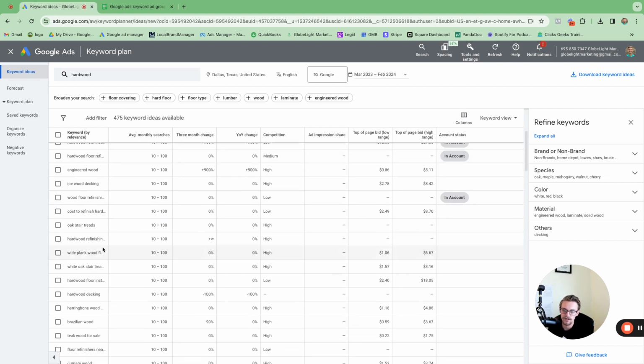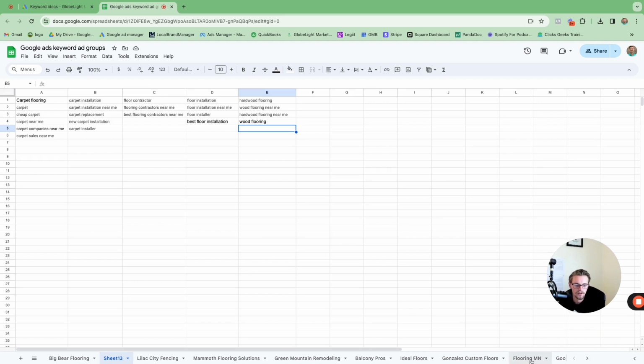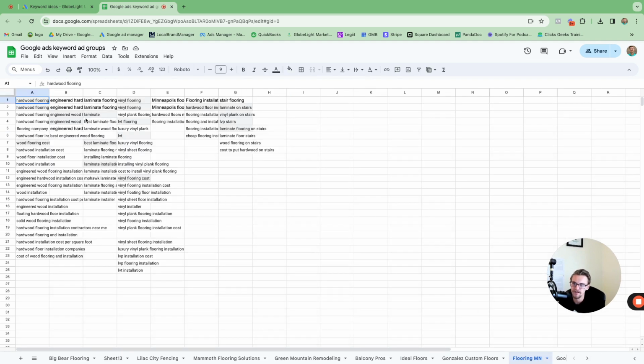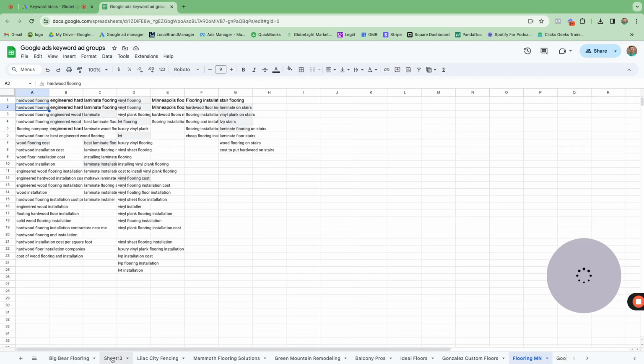And I will probably just give you a glimpse of a couple different fully built out ad groups. As you can see, these are different clients of ours. We've already done this for them. I can go pretty in depth with the variations, which is good. You need to have a lot of different things to test out. But just to give you some ideas, again, just showing you how to do it. So as we go back here,